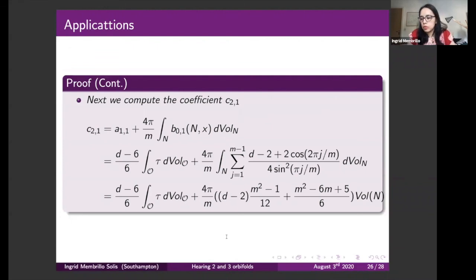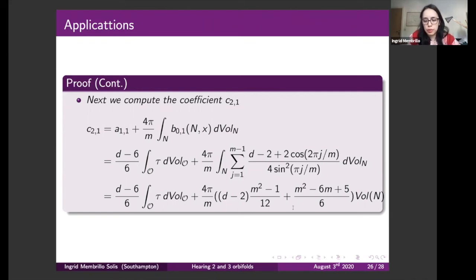Now we compute the coefficients in C2,1. Our results show that this B0,1 is just the trace of the original matrix R theta, or the simple rotation matrix. Not the R theta, because R theta is just defined as the matrix living in SO(2), but the simple rotation matrix. So in this case, when we compute, we again apply similar tricks with Bernoulli polynomials, and we